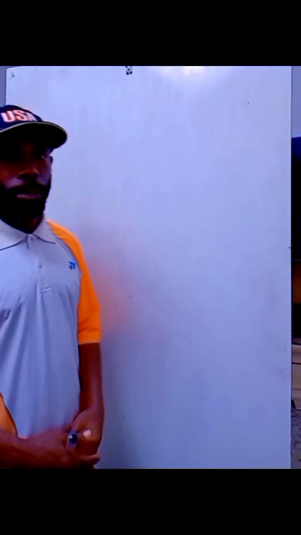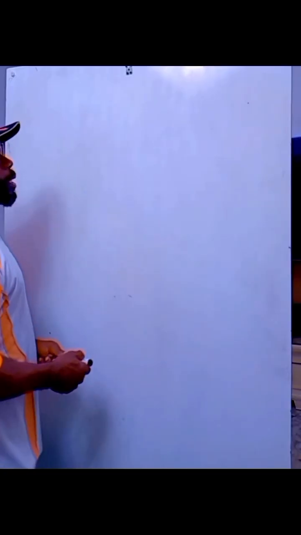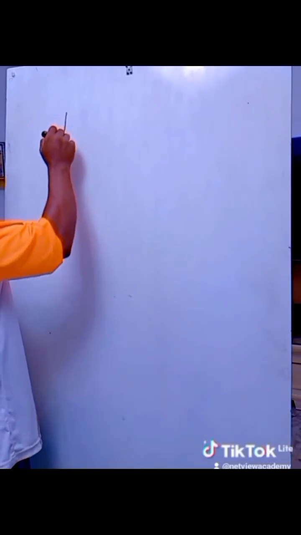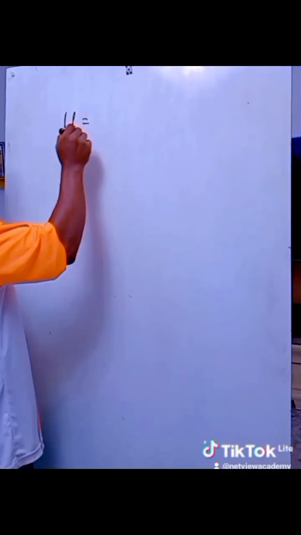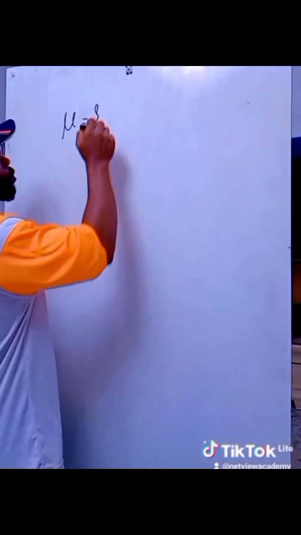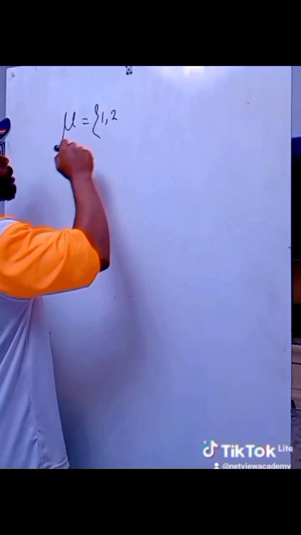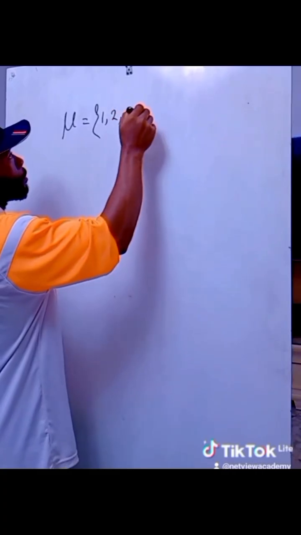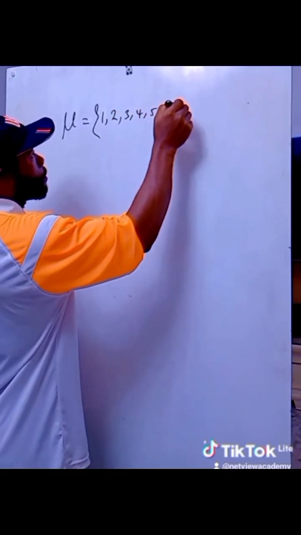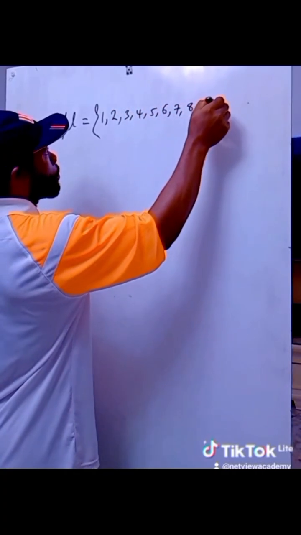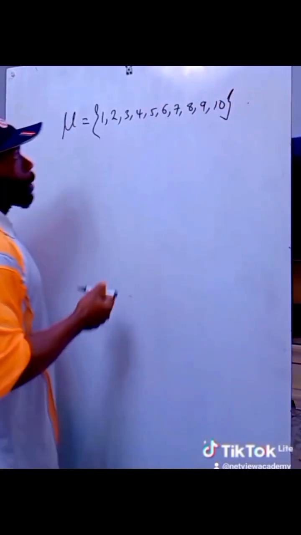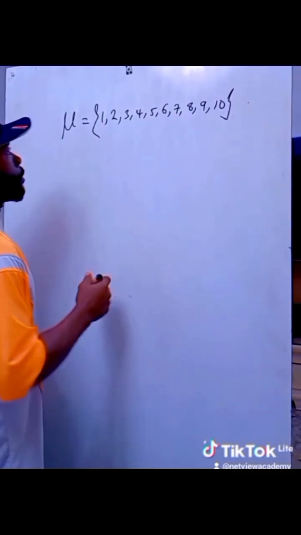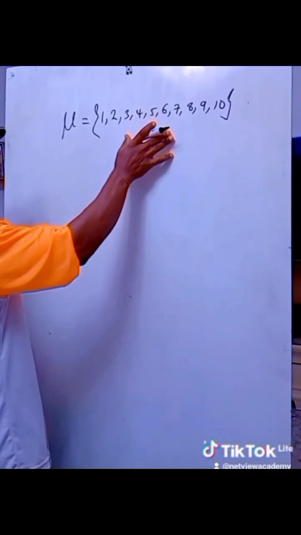So let's apply the concepts that we have learned so far. Let's say we have a universal set such that the universal set contains numbers from 1 to 10, or a set of integers between 1 and 10. This universal set can also be represented as